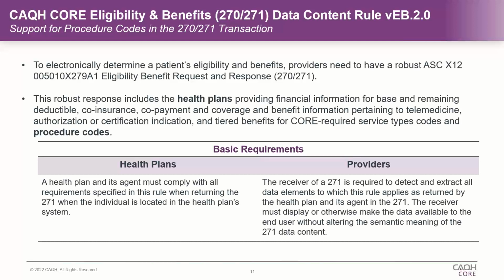says exclusion for bariatric, or vice versa: surgery is covered, maybe bariatric's not covered, and you say that bariatric surgery, or the procedure code that would go with bariatric, is a non-covered service. So you'd have an EB01 equals I for non-covered with that particular procedure code being returned. You didn't have to get the bariatric surgery procedure code in for you to be able to return that surgery is a covered benefit, but this particular type of surgery is excluded and non-covered.